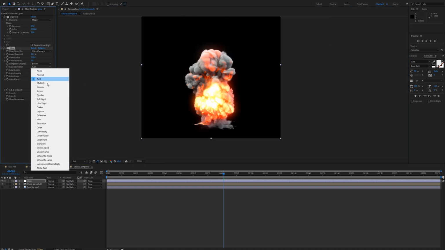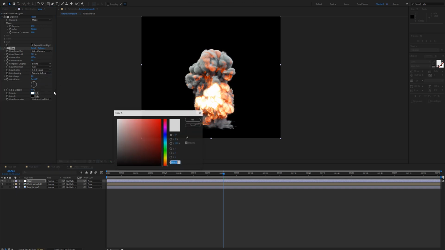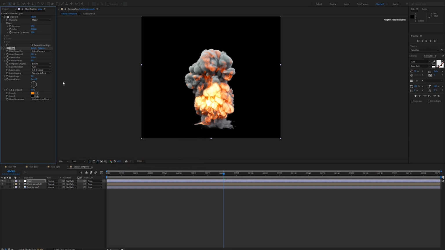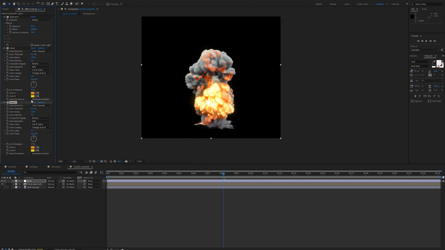Okay, maybe set this to add, that's fine. Maybe go A and B colors, and then I'm just going to pick a warm color so that we get some nice gradients for our explosion here. Okay, so something like that. We'll duplicate it, and we'll double the